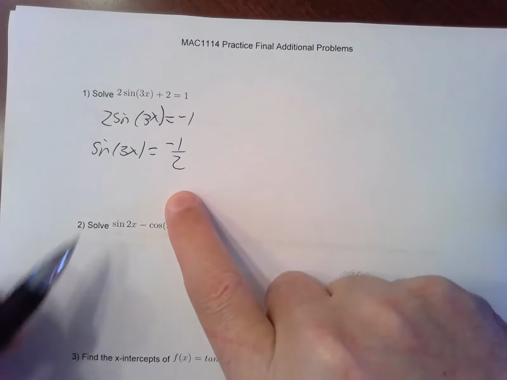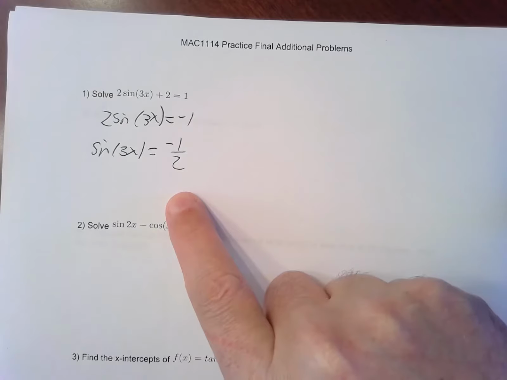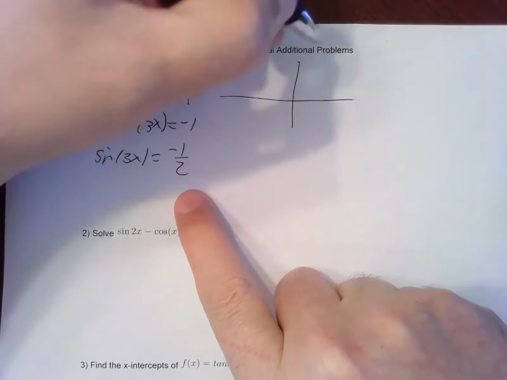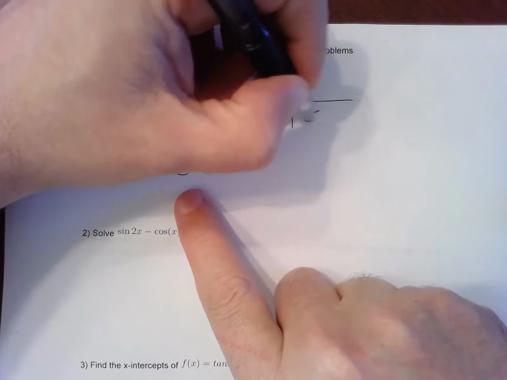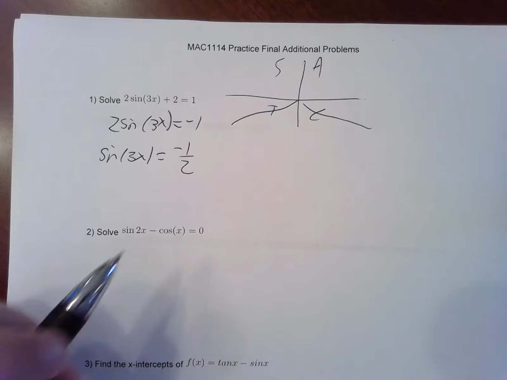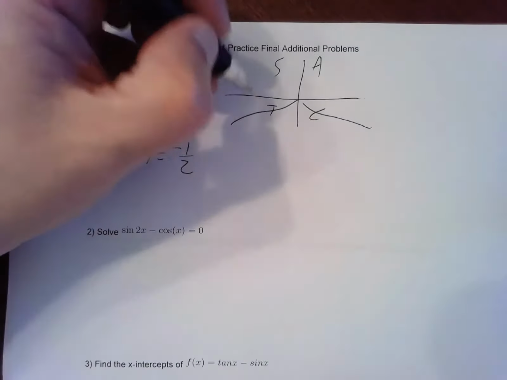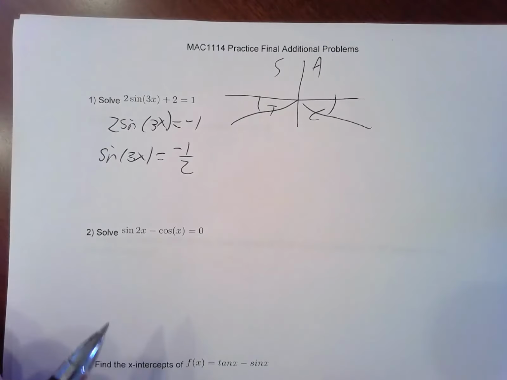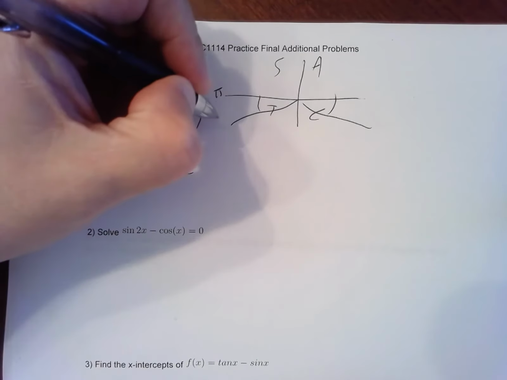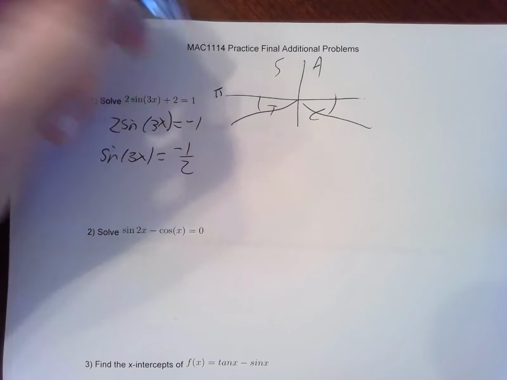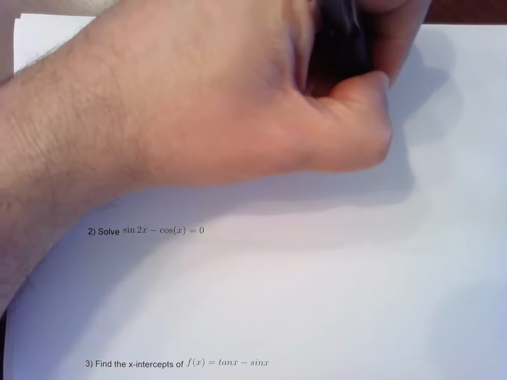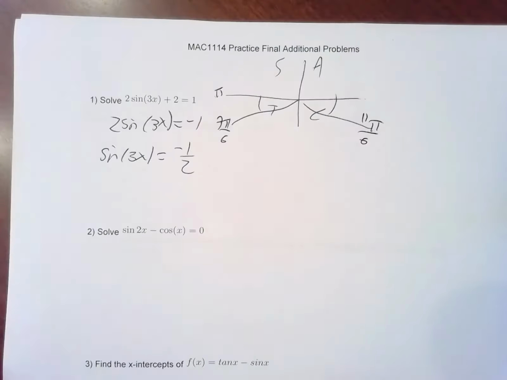Okay, so we've got to solve this. We have to go around the unit circle 3 times. So where does sine equal -1/2? We know all students take calculus, so we want quadrants 3 and 4. Sine is a half at 30 degrees, so both of these are 30-degree reference angles. So this is pi plus another pi over 6. So that would be 6 pi over 6, 7 pi over 6, and 11 pi over 6, or the first